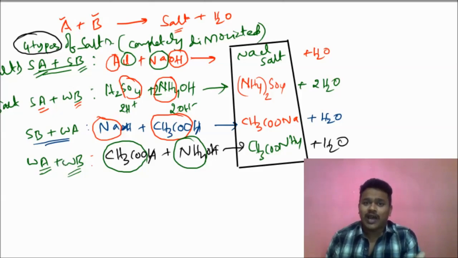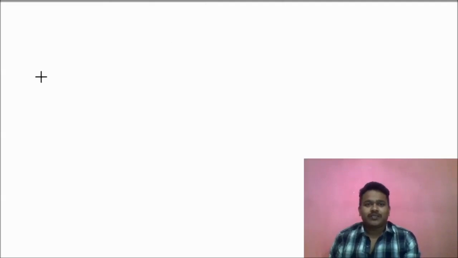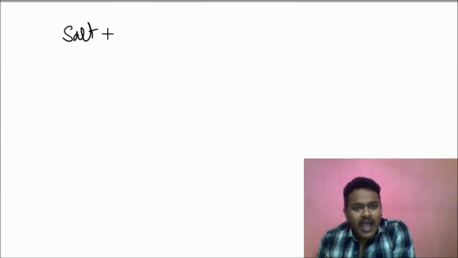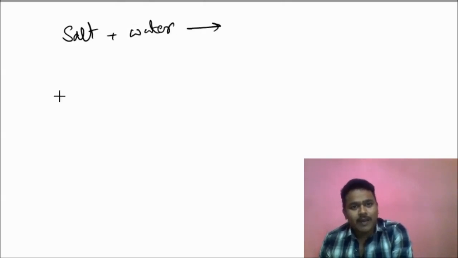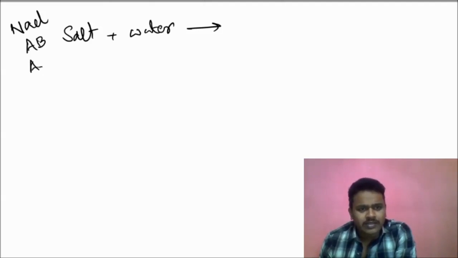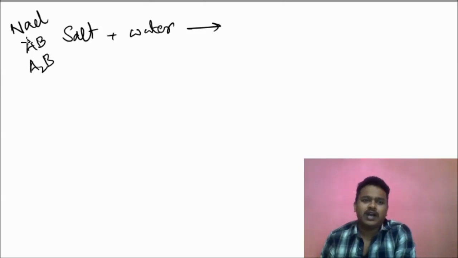Now, what is salt hydrolysis? Just listen. Salt I got. Right now, what did I get? I know the salt. This salt I have to keep in water. At that time, what will happen? Salt means any example you can take. You have different salts, NaCl. Any salt in the form of AB, otherwise A2B, like that. Any salt you can take in the form of NaCl or AB, any form.